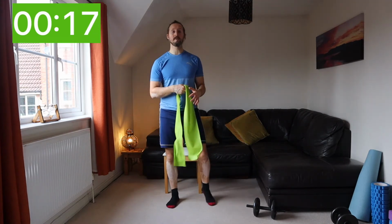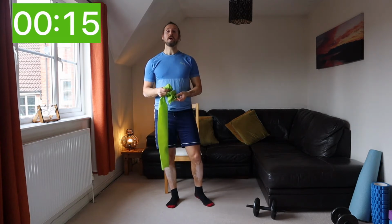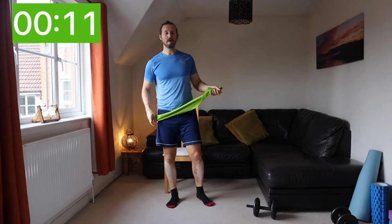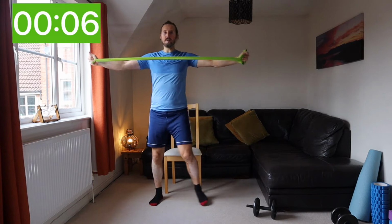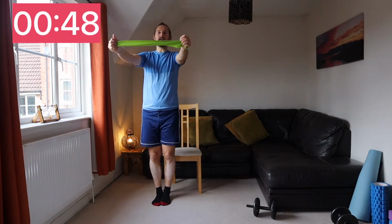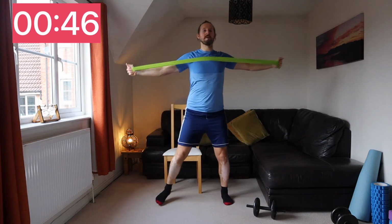We're going to go on to exercise number 4, which is a reverse fly with a single side step. So again, you adapt the tightness that you want. So we've got a reverse fly with that side step. Okay, so that's where we're going. 2, 1, off we go. So reverse fly, side step, sorry. Reverse fly,